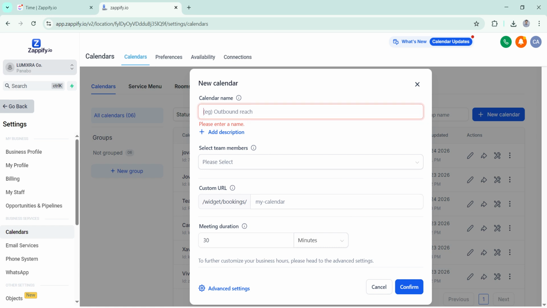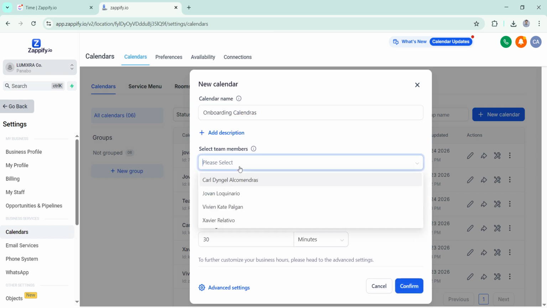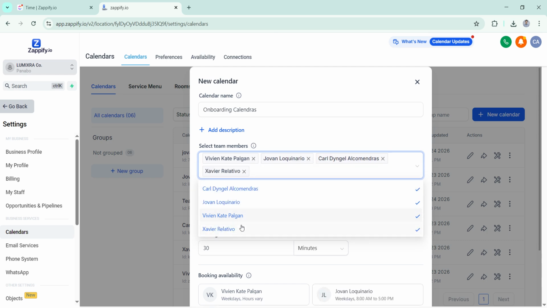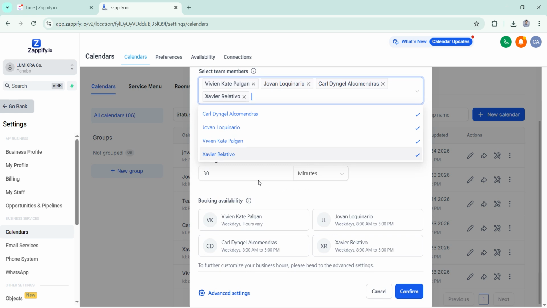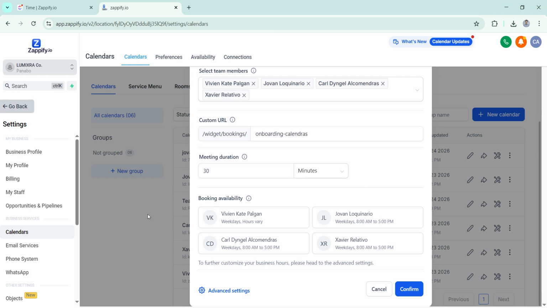Let's fill this calendar name with onboarding calendar. So, you can select members. Okay. So, once we are done selecting our members,